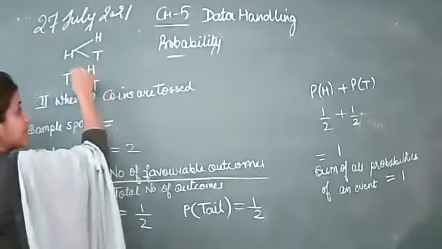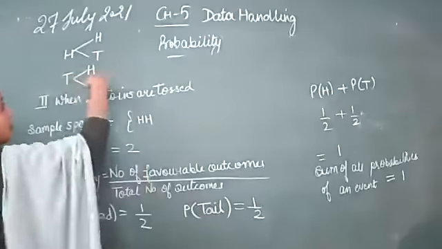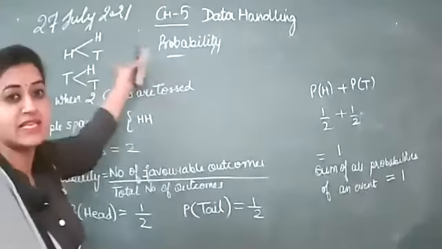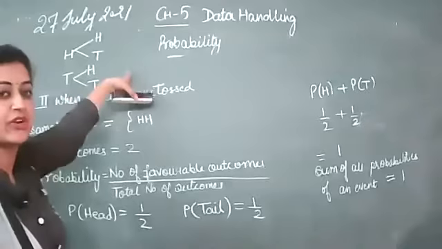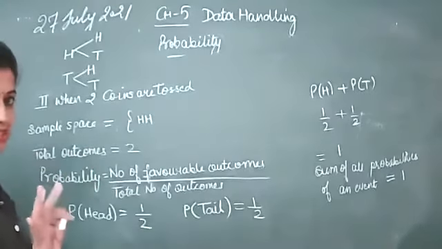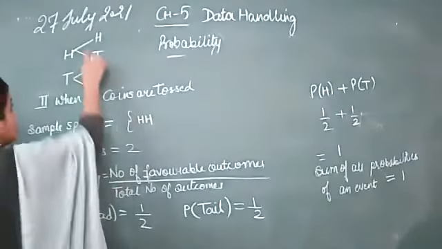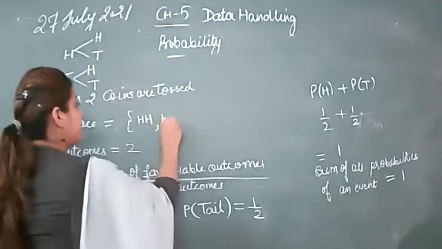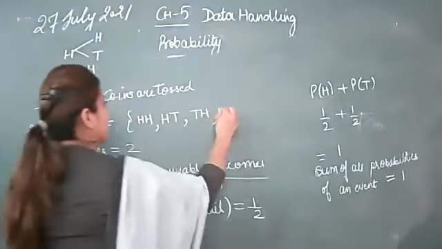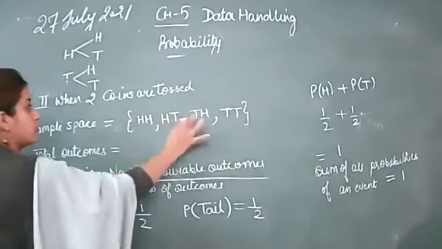So there are 4 events in the sample space, head, head. This is known as a tree. ये ट्री है, ट्री. और कॉइन्स होंगे तो you can increase it further. ये फर्स्ट कॉइन, ये सेकेंड कॉइन, थर्ड होगा तो you can proceed in this way. But we are doing the case till 2 coins only. Case of third coin we will discuss in the next class. So head, head, next is head, tail, next is tail, head, and the fourth one is tail, tail. Total outcomes are 1, 2, 3, 4.